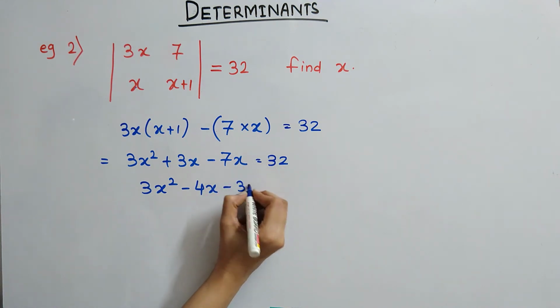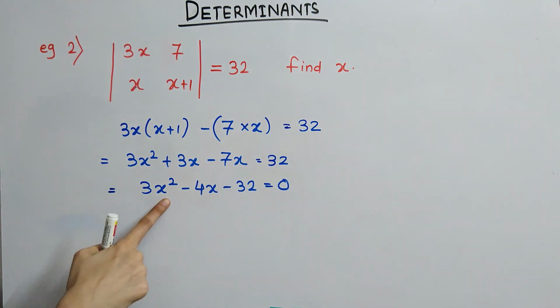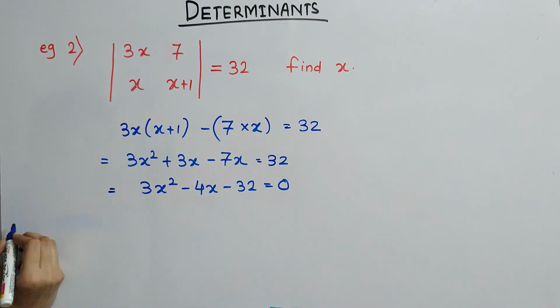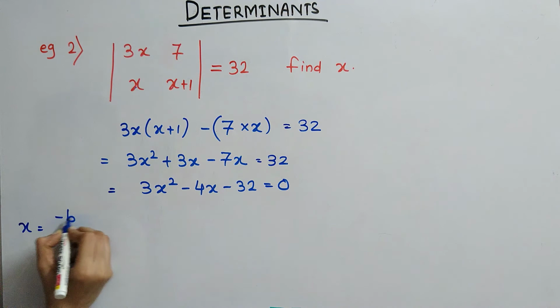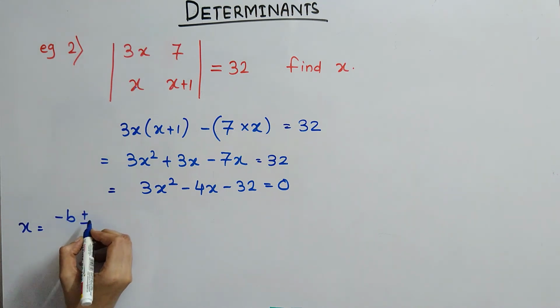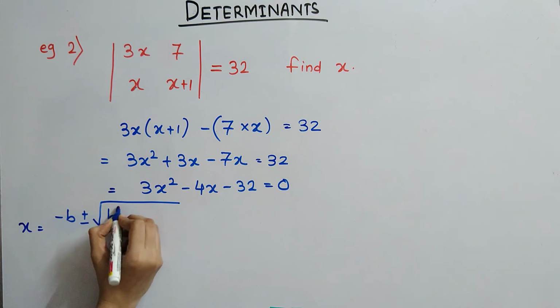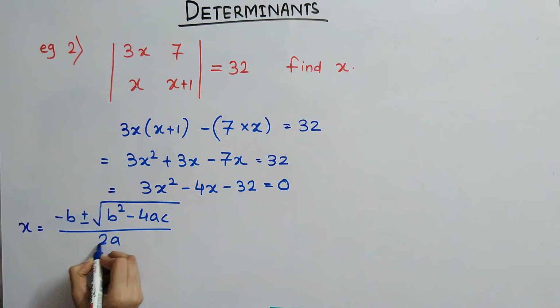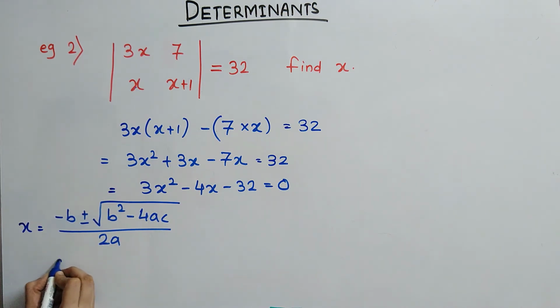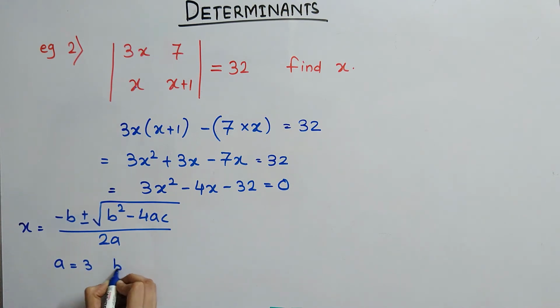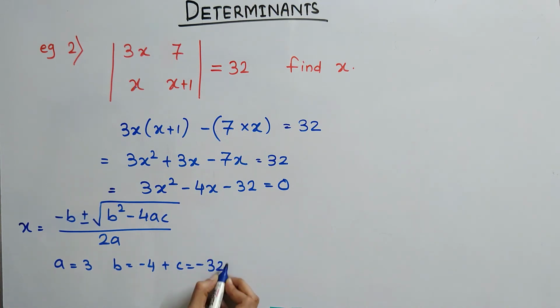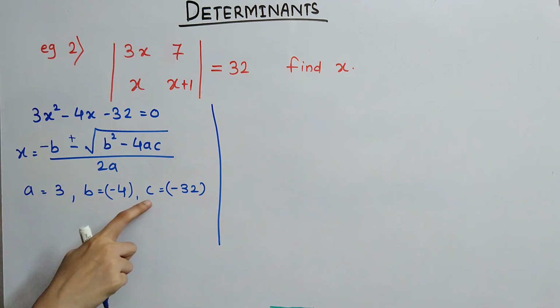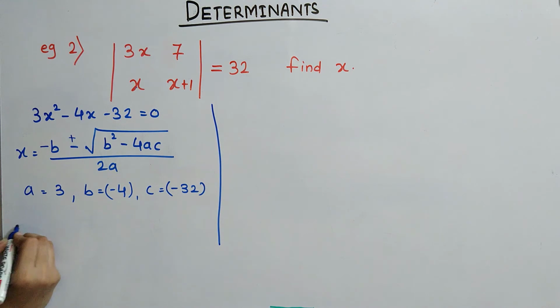This 32 will come to this side. Now let's solve this quadratic equation with the formula x is equal to minus b plus or minus square root of b square minus 4ac divided by 2a. So here a is equal to 3, b is equal to minus 4 and c is equal to minus 32. Now substitute the values of a, b and c into this formula. So we will get